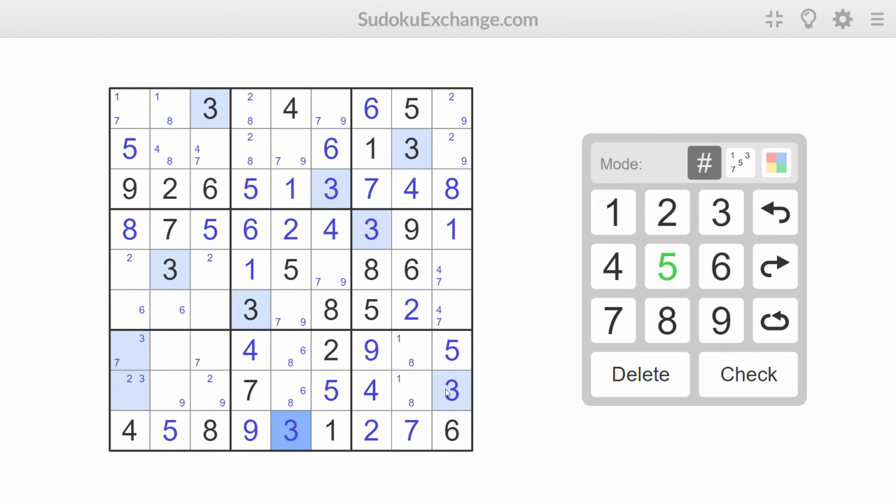Oh, okay, forgot to eliminate this 3 here. Make sure this cannot be a 3. Remove this 3, leaving us with 3 for this spot, leaving us 7 for this spot, eliminating 7 from here,